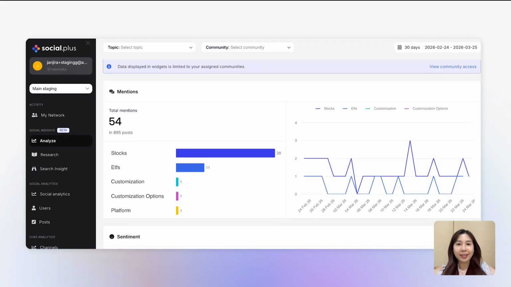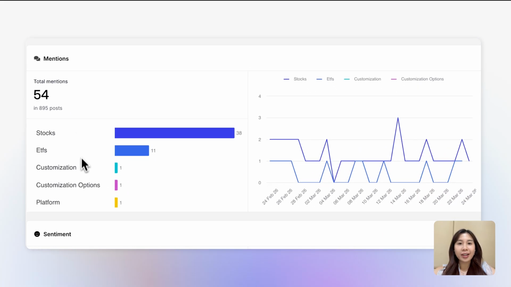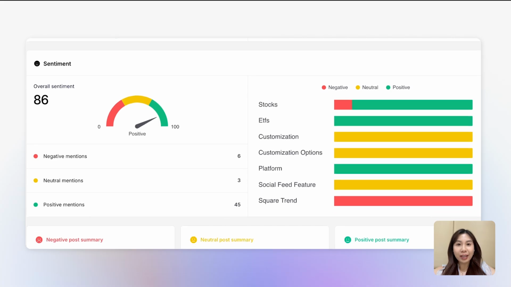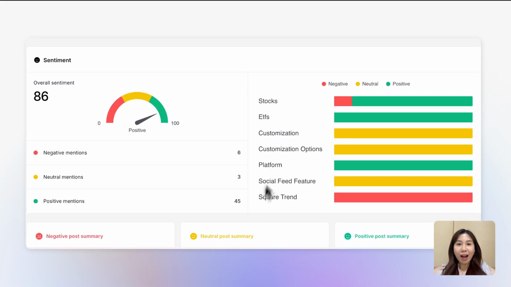With topic analysis, you'll see how frequently your priority keywords or products are being discussed in your community. The widget on the right shows you trends over time for each keyword. So if you're running initiatives to increase engagement around specific products, you can track whether your strategies are actually moving the needle. Now for sentiment analysis, we're looking at those exact same keywords and products, but now we're measuring how